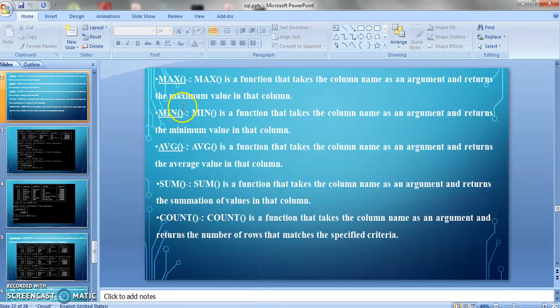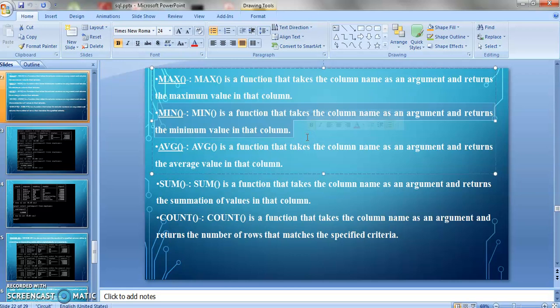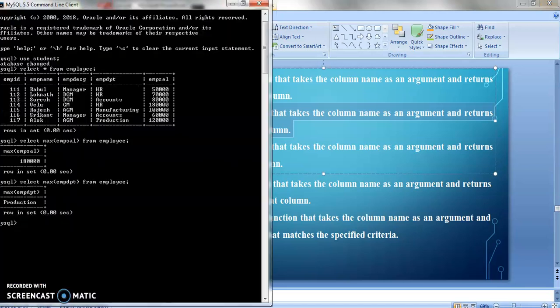The second function is min. So what will it do? It will return the minimum value in that column. Again, now the difference is I will write min. Without doing the practical, we can see it will compare the first letter.